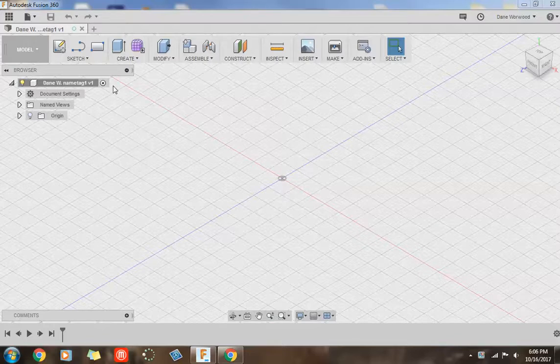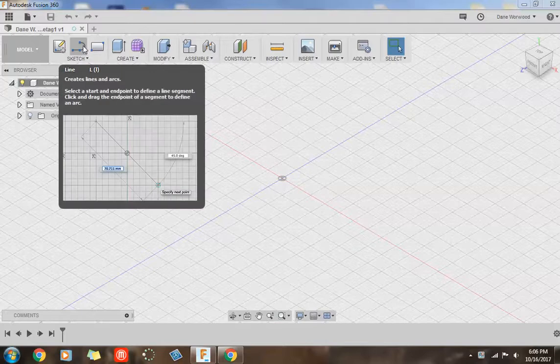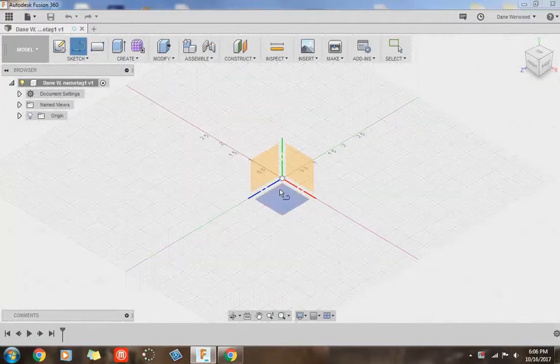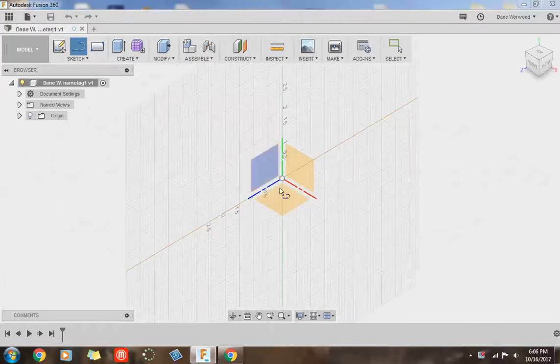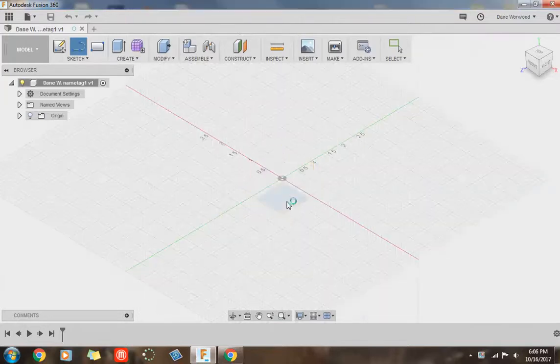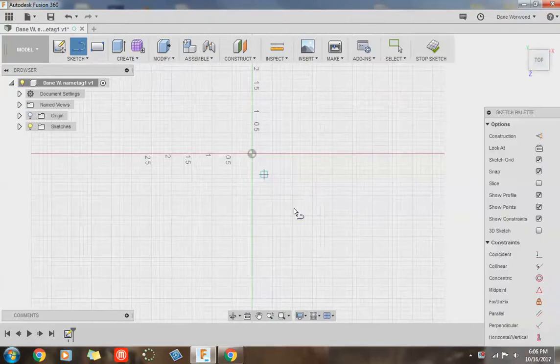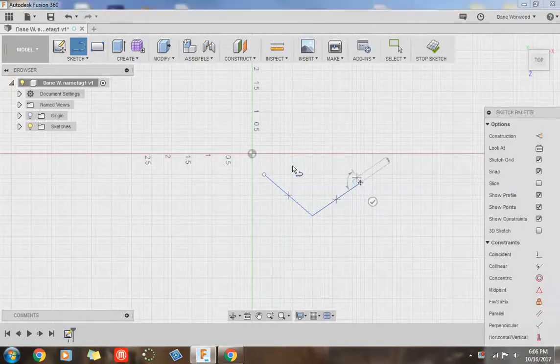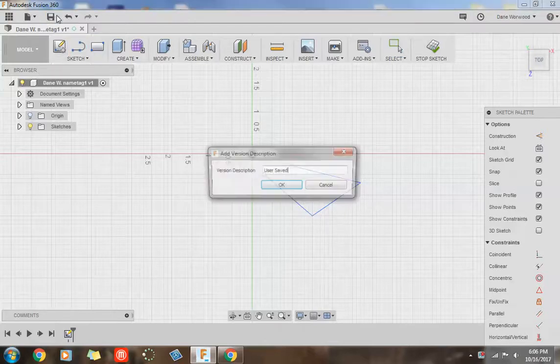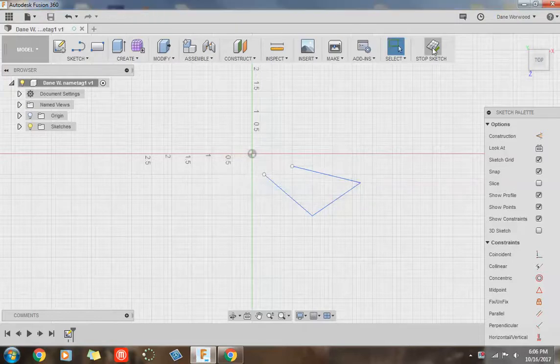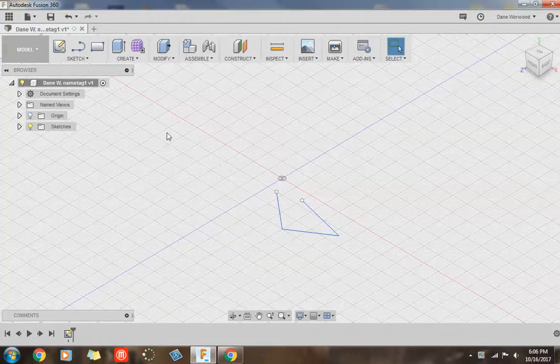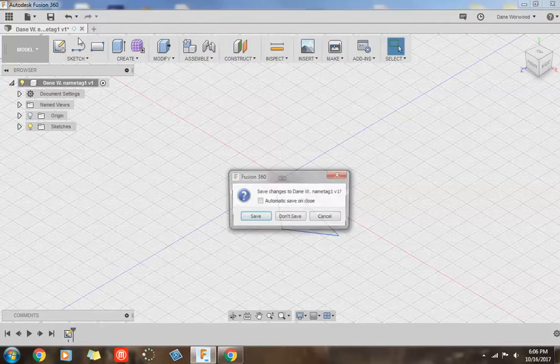One thing is, a lot of you probably have already started a sketch. You probably went and hit sketch and started drawing. That's okay, but there's a couple warnings about this. So you need to just pick a plane. It doesn't really matter which one. But say I've created a sketch and I've drawn some stuff like that, and you know, the day wound down and I saved it, and the next day